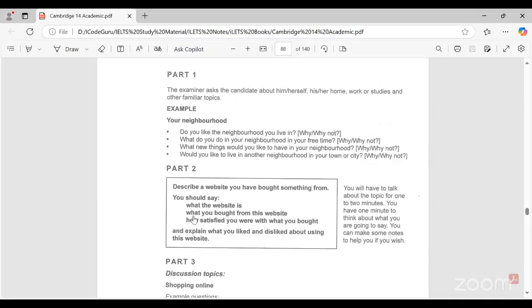Okay. So I would like a new traffic signal in my neighborhood. I would like to have a new park in my neighborhood. Yeah, we can say it like that. All right. Okay, this is the one answer.